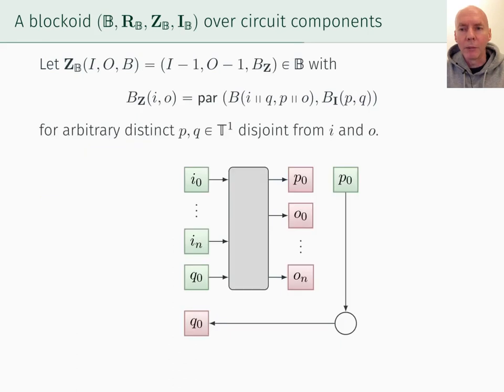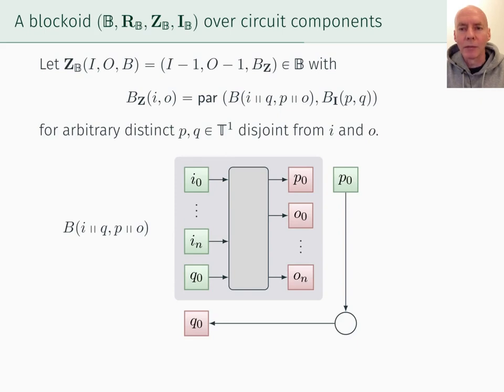Finally, we have the ZB operator. The arities of the resulting block are given by decrementing the arities of the operand. To evaluate this function bz associated with the result, we choose two arbitrary distinct unit lists p and q of alphabet symbols that differ from any of those in the operands I and O to the function bz. Then we form this specially constructed pair of lists and feed it to the function b associated with the operand